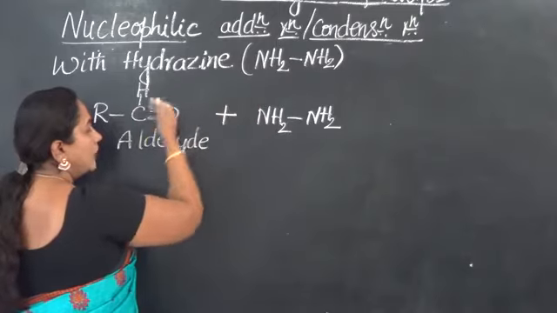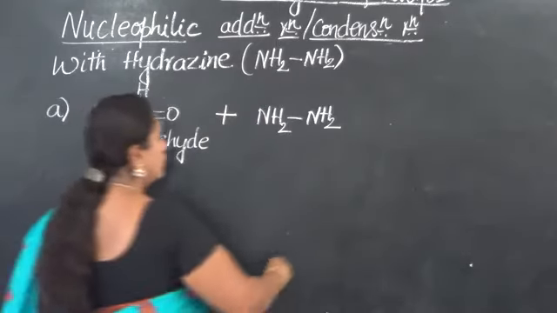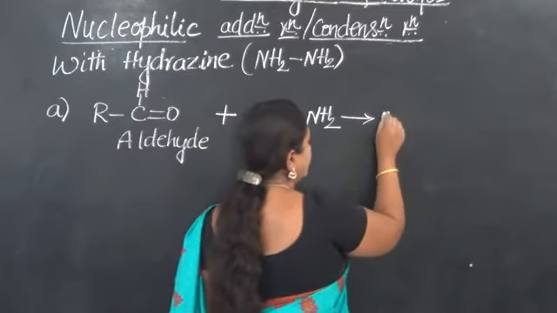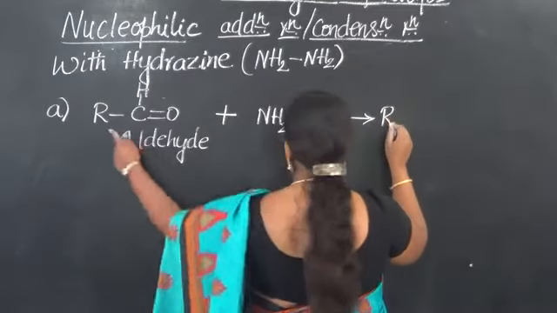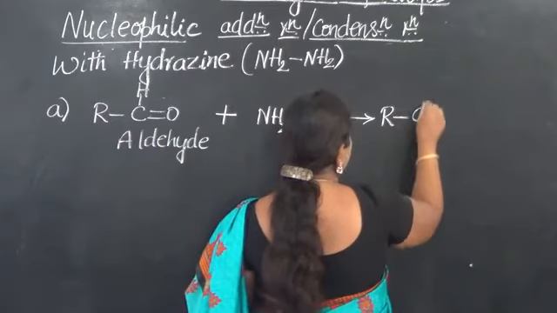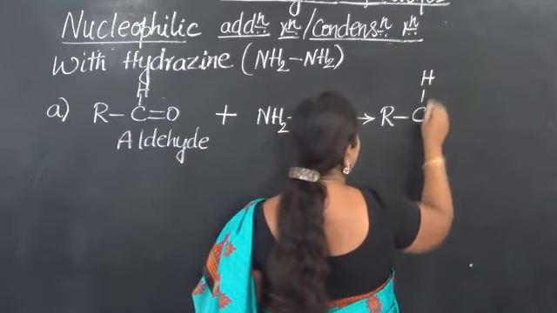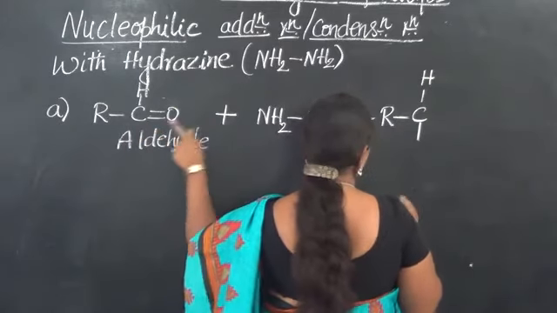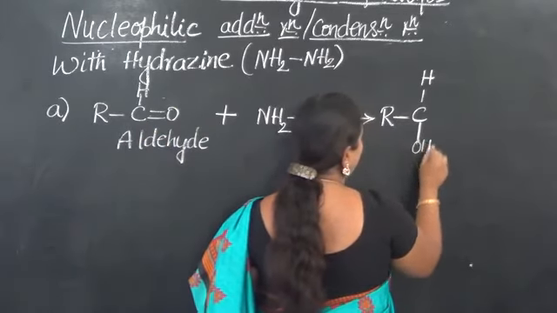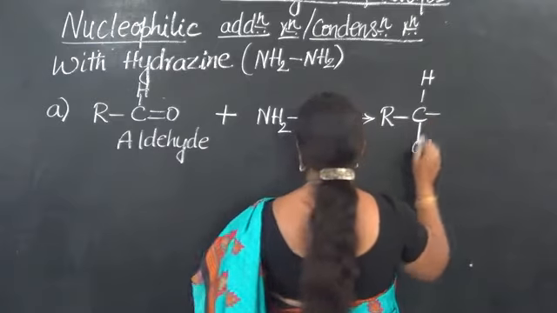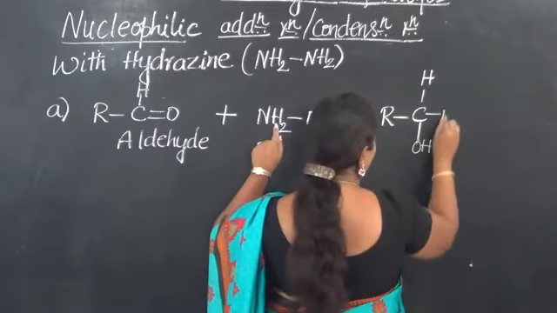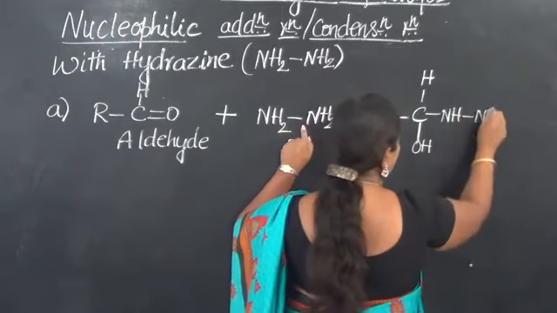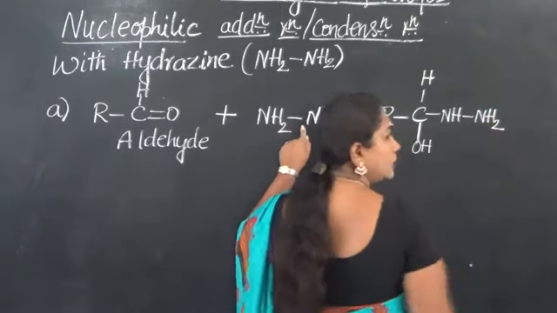After all, the first step is an addition reaction. So let us see how the first step product is obtained. R remaining as it is, linked with C, above linked with hydrogen. Now below, O taking a linkage and one more H attached with O. So therefore OH. Now a single covalent bond, and this has one H there, so NH, then linked with single bond, then linked with NH2.